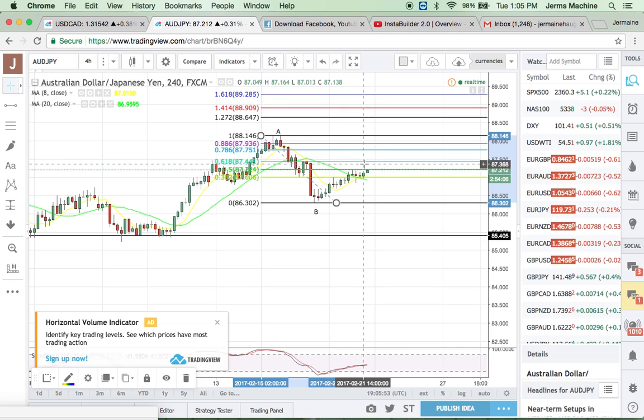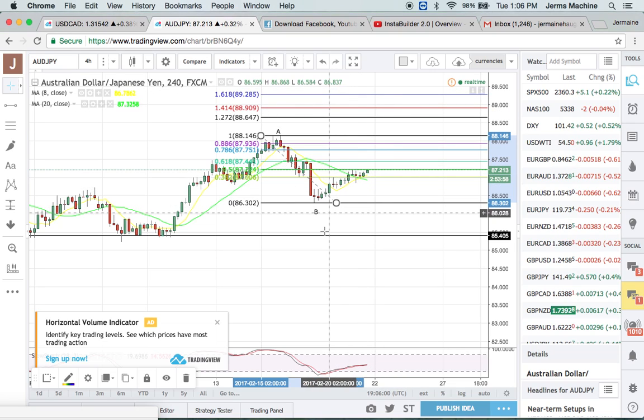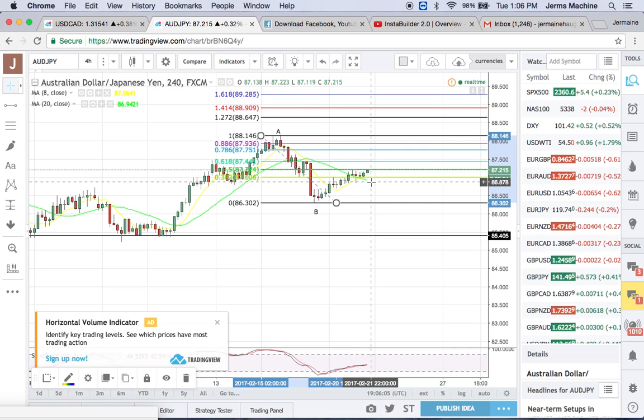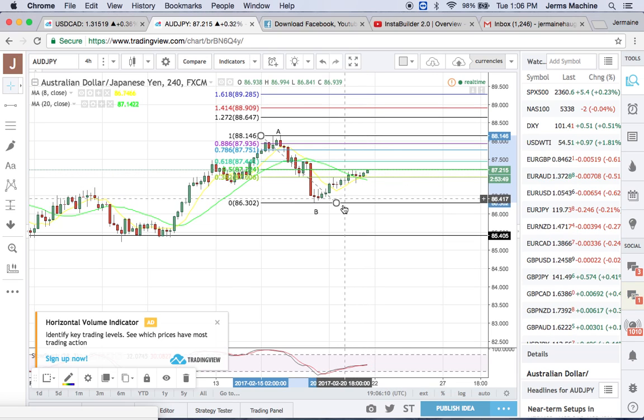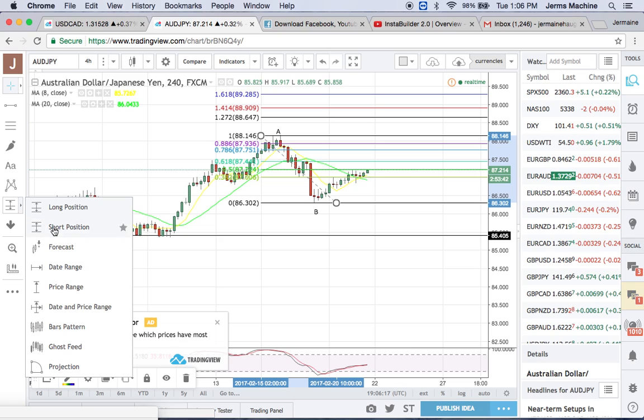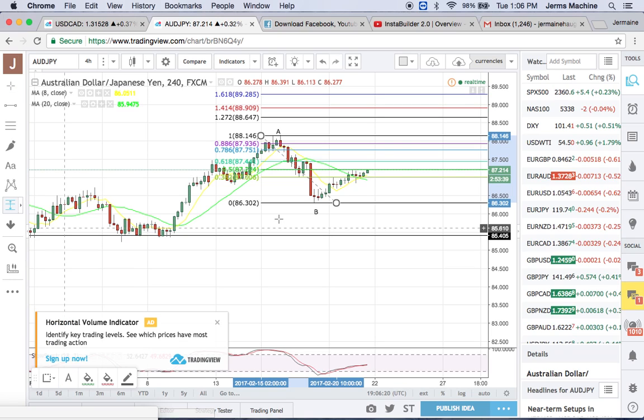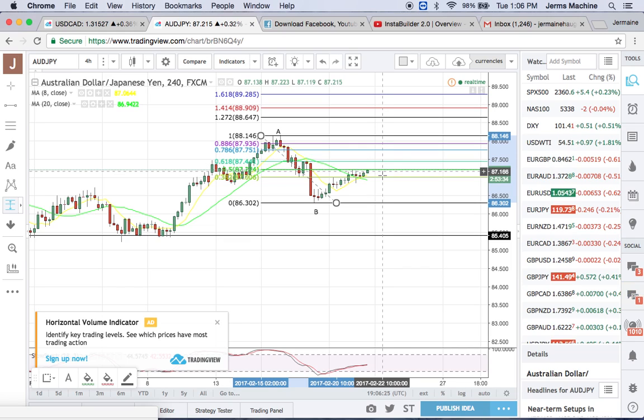So it may be able to get back into the 61.8, or who knows, it can go right through this. But me as a trader, I'm going to make the assessment. If I see it hit the 61.8 and start to turn back, I'm possibly going to put a trade on, because it's going to give me a good risk to reward. I can say it's not supposed to make a higher high, because this is a downtrend. Remember, I told you the trend is your friend. It's not supposed to make a higher high. So if it hits the 61.8 and starts to fall, I can let that happen. I don't have to get in at the top. I don't have to get in at the bottom. I can let it